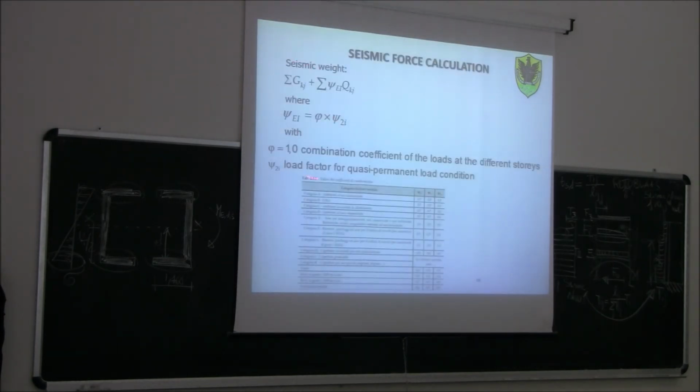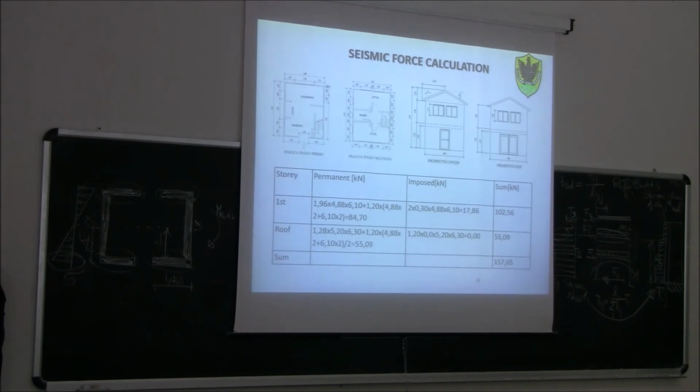And then it comes, as usual, to calculate the seismic weight, exactly like we did yesterday. There is nothing else to say. Exactly like yesterday, we calculate the permanent and imposed load. So permanent, for example, the plan is 4.88 by 6.10, so this is the area of the floor, times 1.96, which is the unit weight, so the self-weight of the floor per unit area, plus